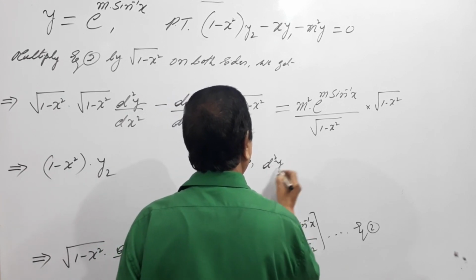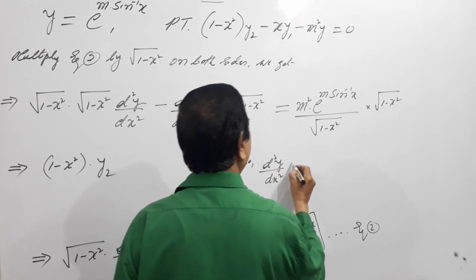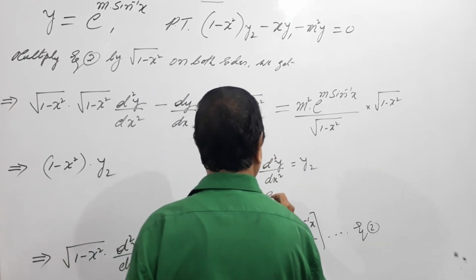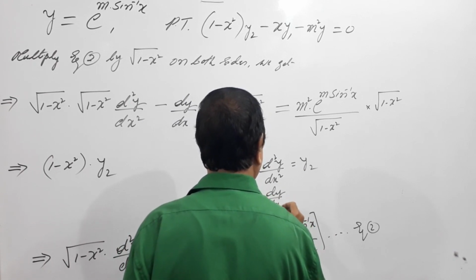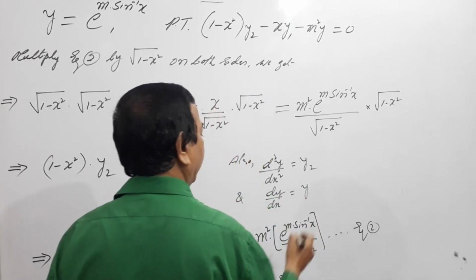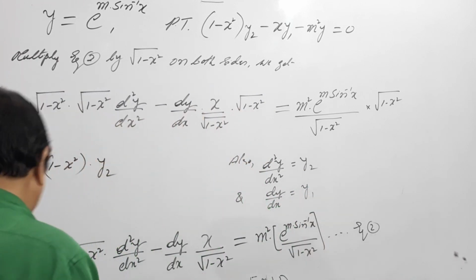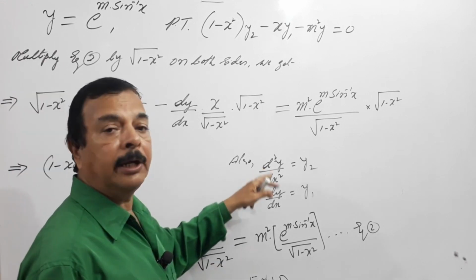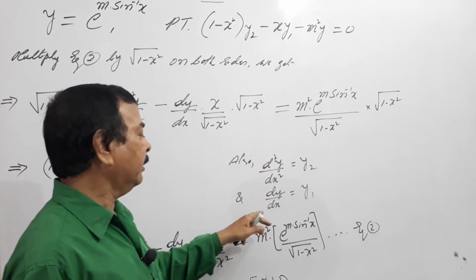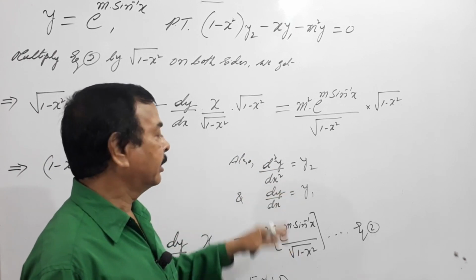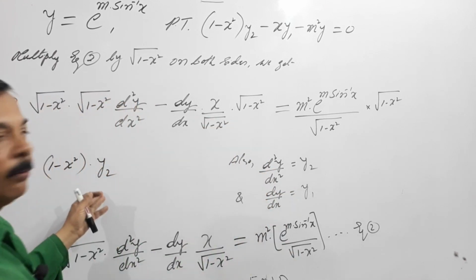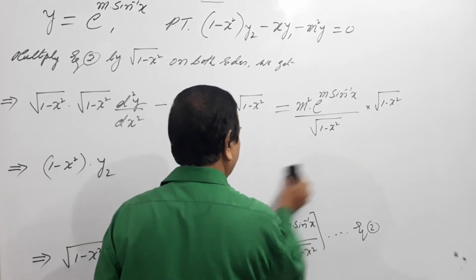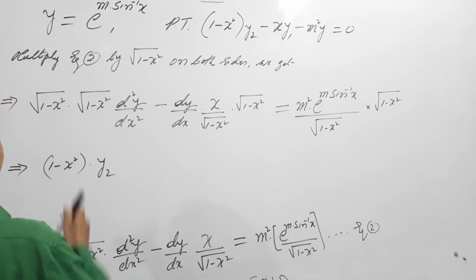d square y by dx square is equal to y2 and dy by dx equals y1. See dear students, the second derivative of y is the derivative of the first derivative of y with respect to x. That's what I told you in the beginning. So d square y by dx square is nothing but y2 and dy by dx is nothing but y1. So I'll replace this y2